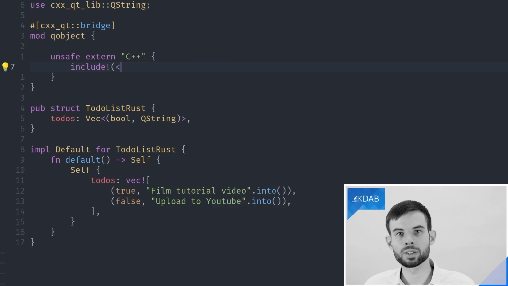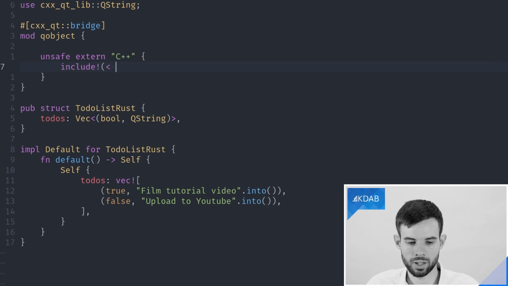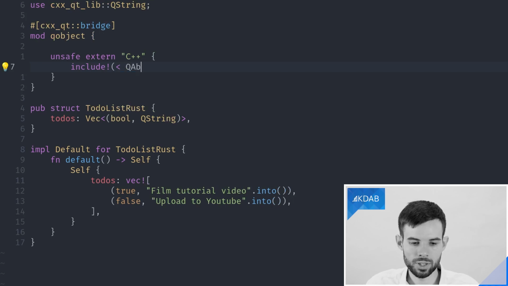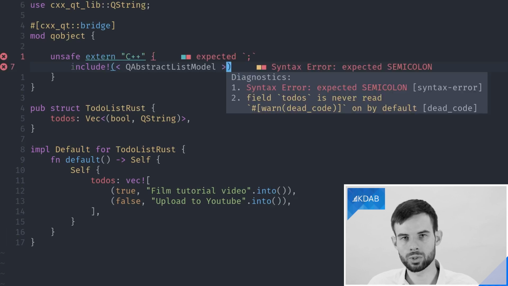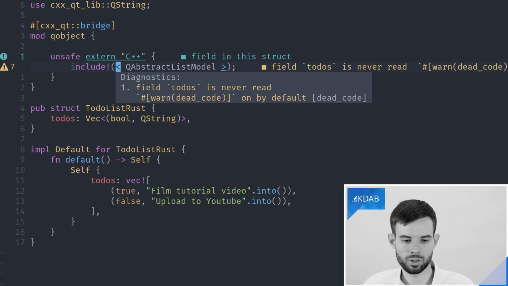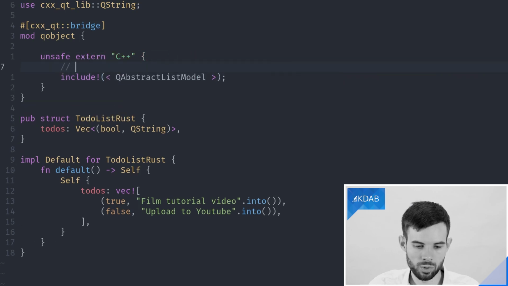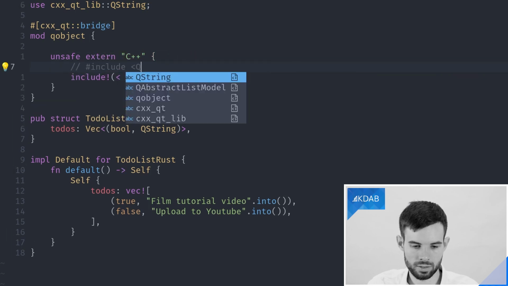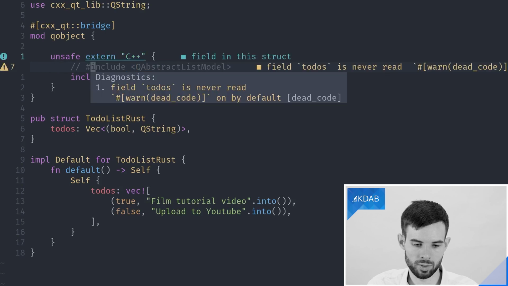For this, we will use a slightly different syntax to include the header file. QAbstractListModel is actually not included in cxx-qt-lib, and you don't need this really, as we'll see later. But that just means we need to include the normal Qt header for it, which usually you do by using these kind of crocodiles, or whatever you want to call them, this kind of parentheses to force the include in C++, and that will basically generate this in C++ then, right?